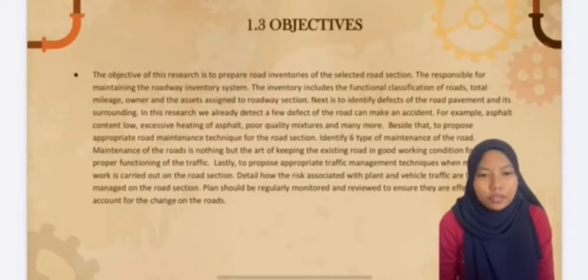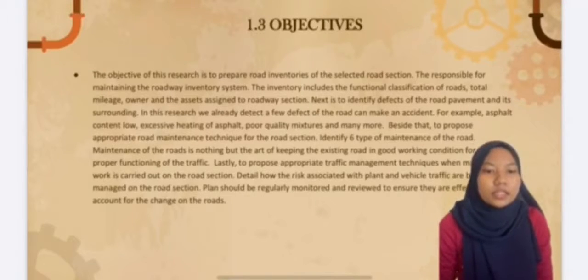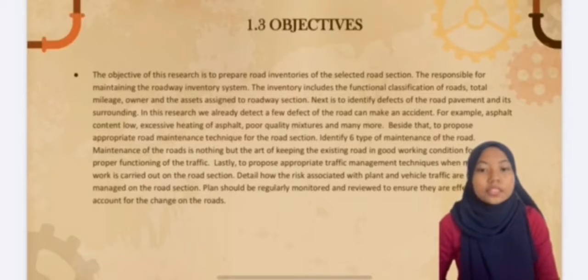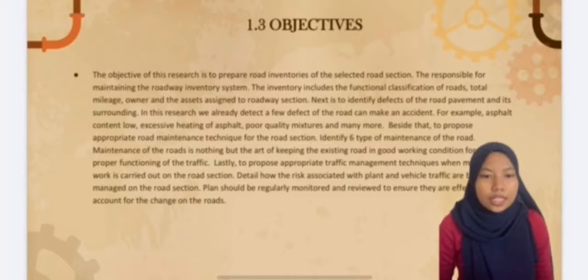The objective of this case study is to prepare a road inventory of the selected road section. The responsible party maintains the roadway inventory system. The inventory includes the functional classification of the road, total mileage, owner, and the assets assigned to the road section.